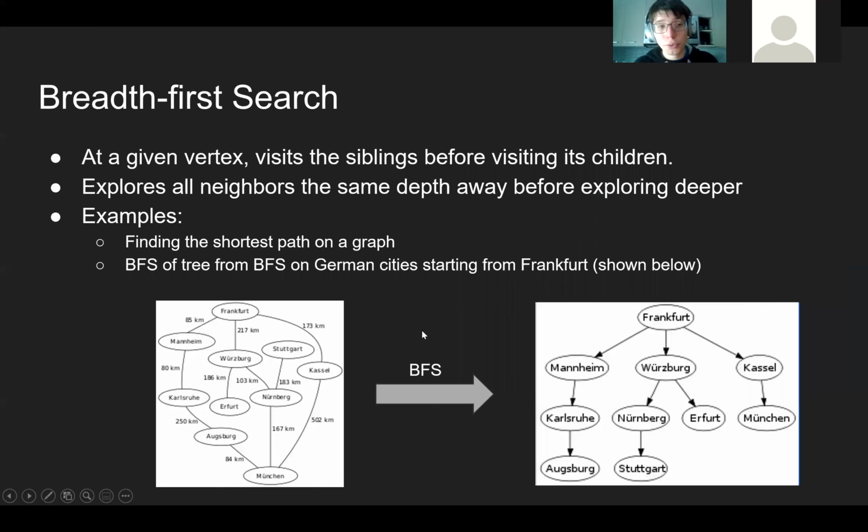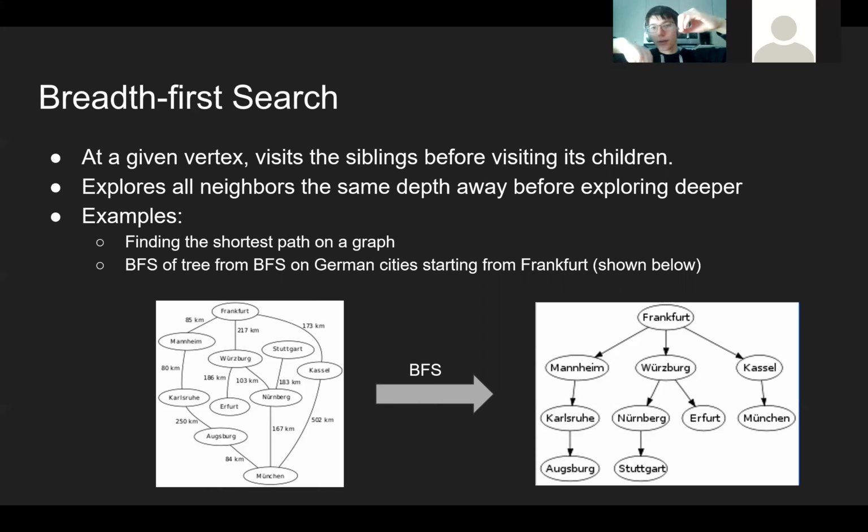Breadth first search. With breadth first search, it's a little different. We mentioned that with depth first search, you go as far as possible, then you backtrack. With breadth first search, you don't do that. It's just like a level order traversal. You check all of the children before visiting any of the grandchildren. That's what we do with level order traversal. Breadth first search is exactly the same. You just visit all the neighbors. If you have a starting vertex, you visit all the neighbors of that starting vertex